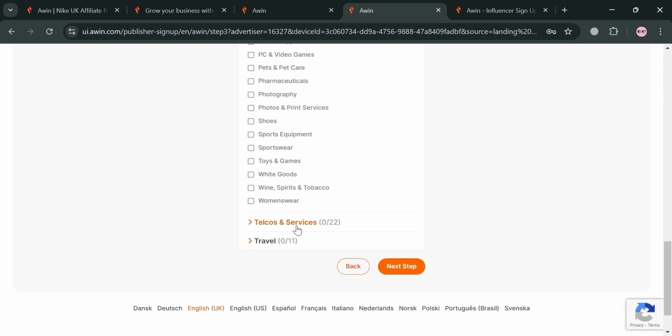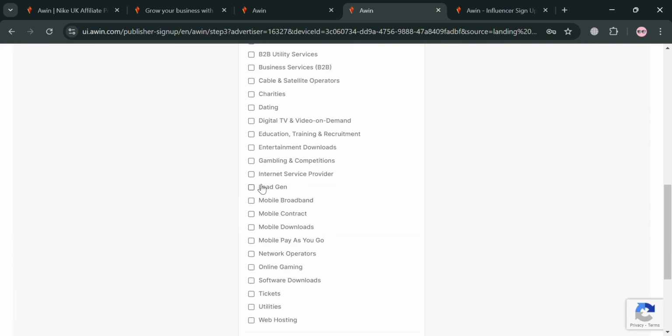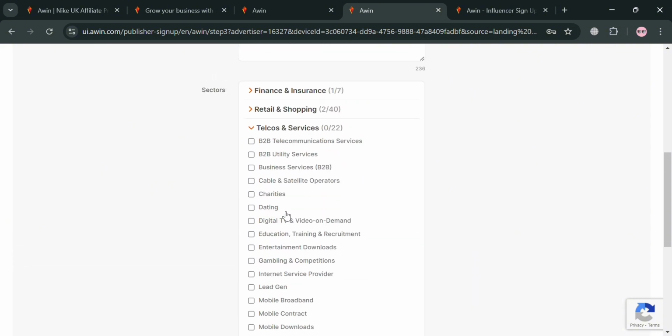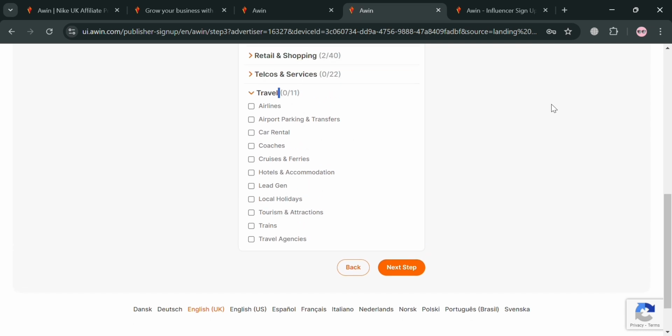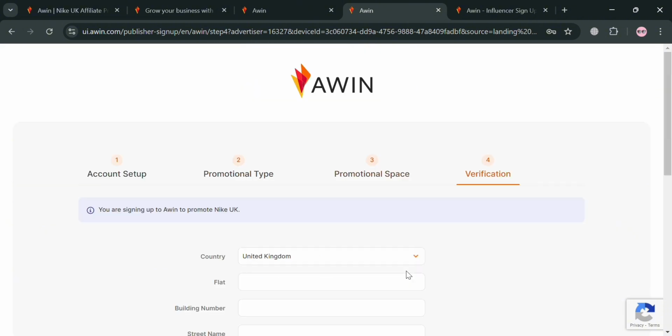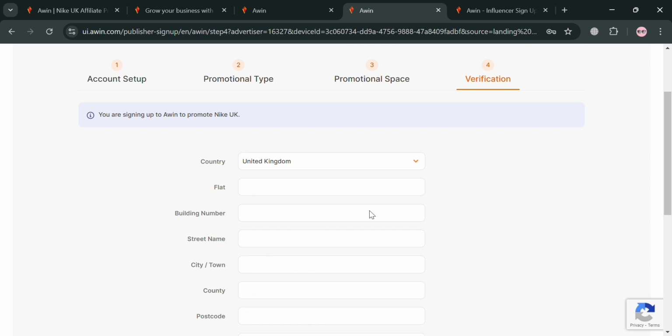So after selecting all of your answers in this section, you can now proceed by going to the telcos and services in here, in which you have 22 options. We have here dating, B2B, telecommunications, network operators, and many more. While under travel, you can choose either airlines, airport, car rental, coaches, and many more. And by clicking the next step, which is the verification section,